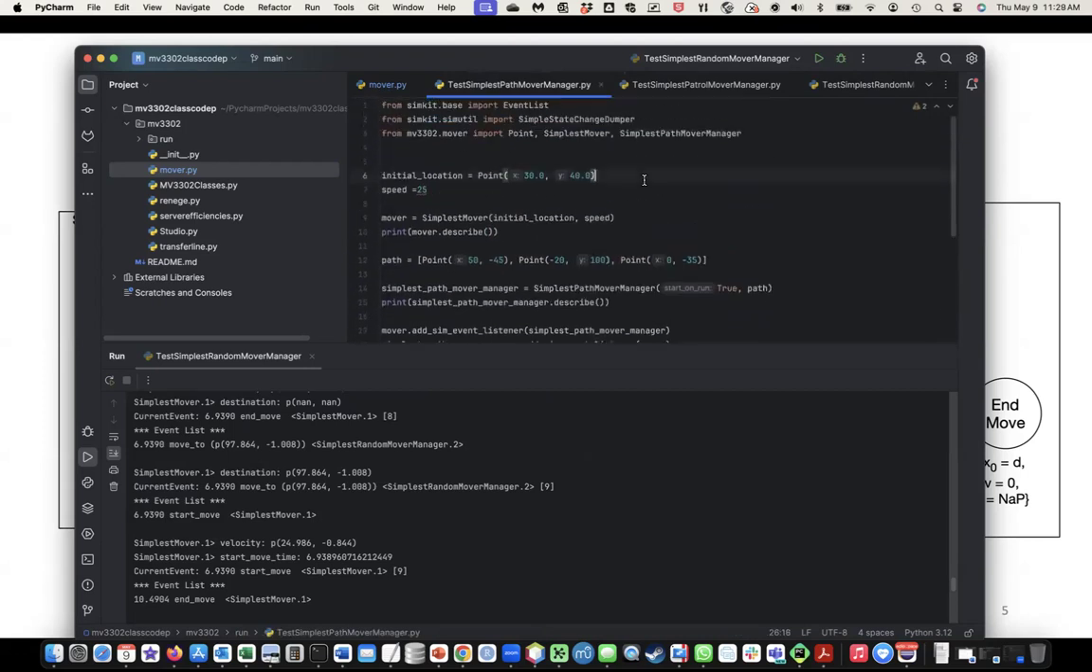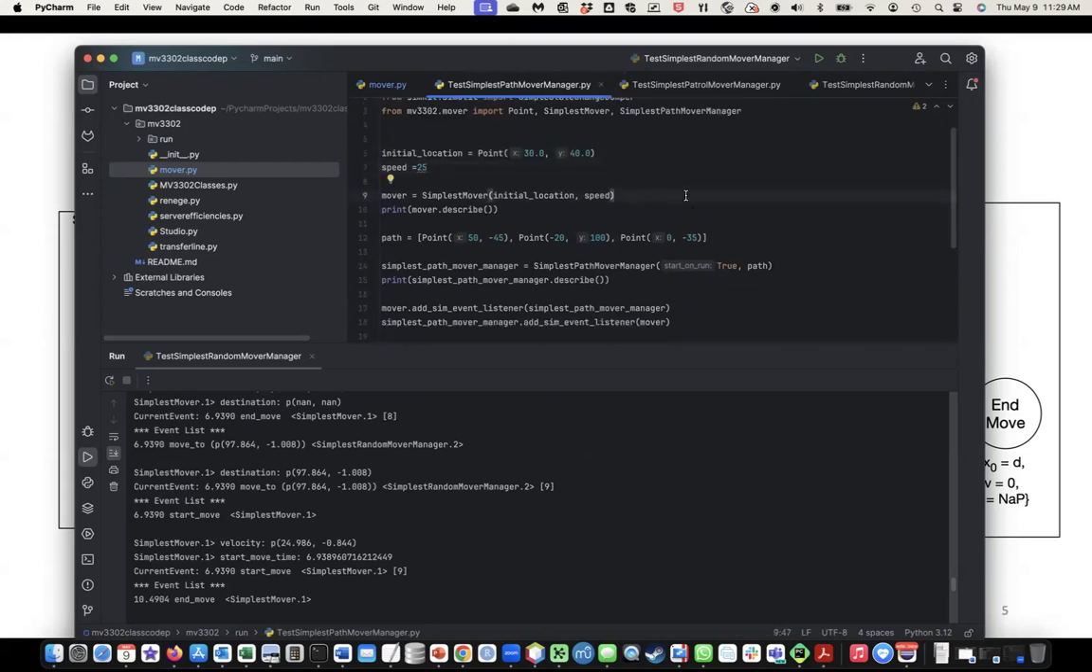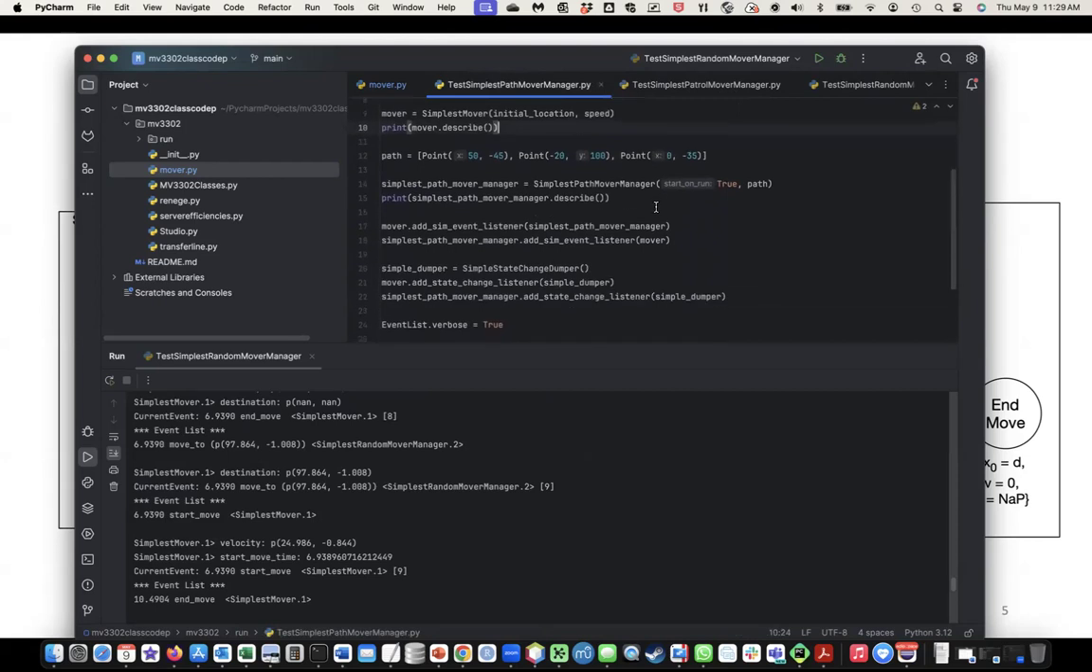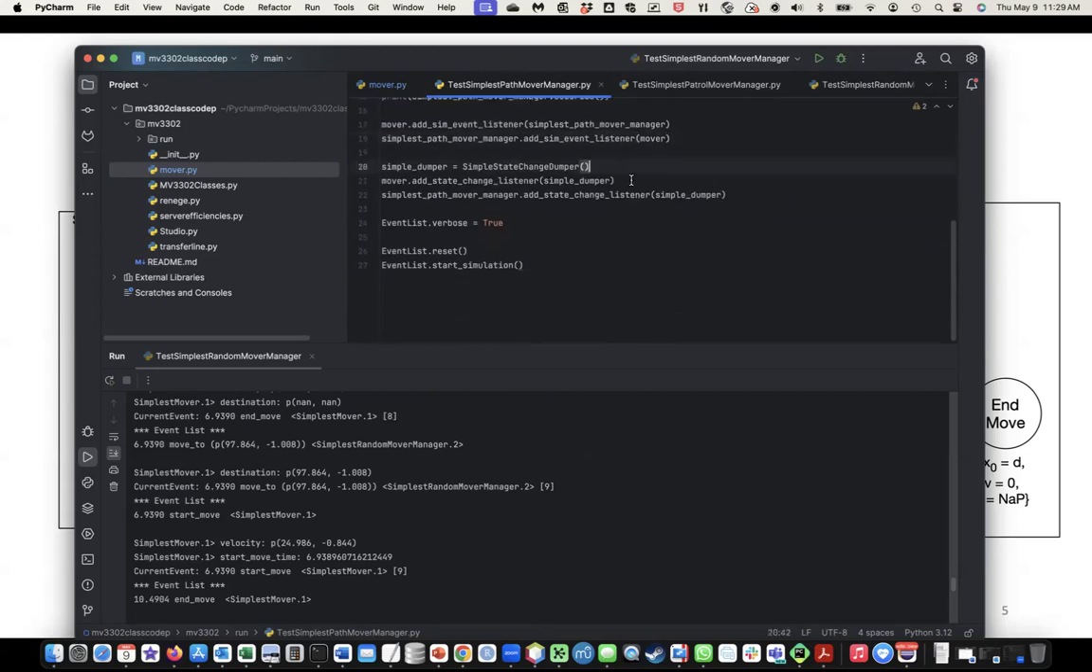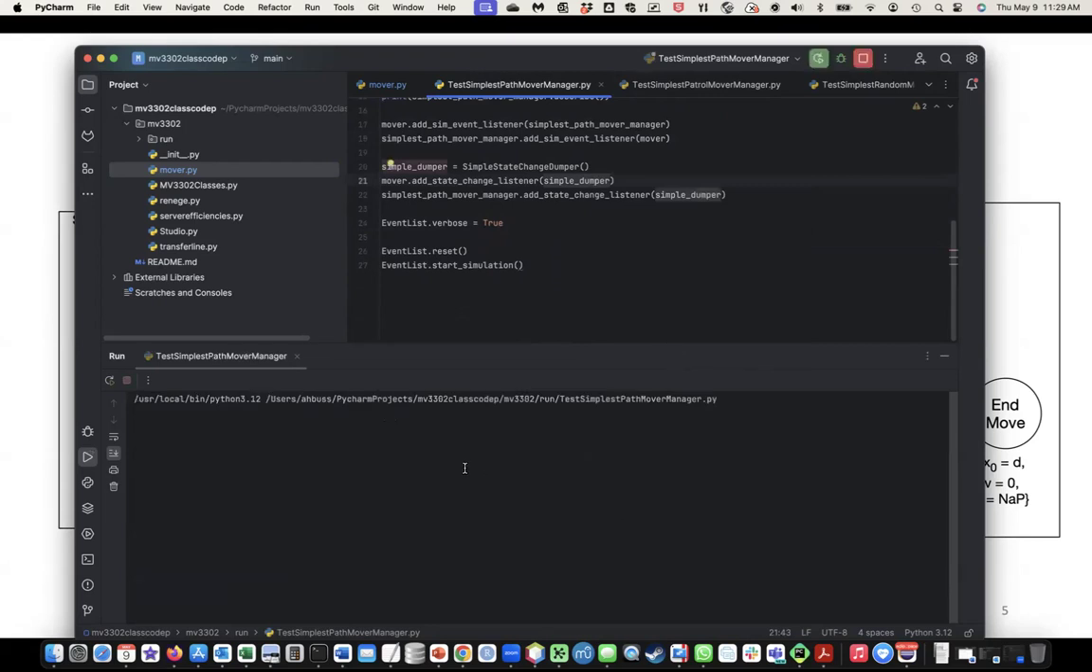But to set all that up, we have our initial location, our speed. So creating our mover, basically the same path, 50 minus 45, minus 20 100, and 0 minus 35. And then here in Python it's state change. No, it has sim event listener. We add each one to each, and we'll run it in verbose mode, and when we run that,